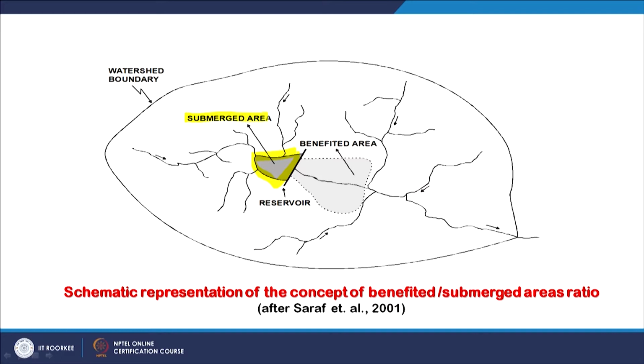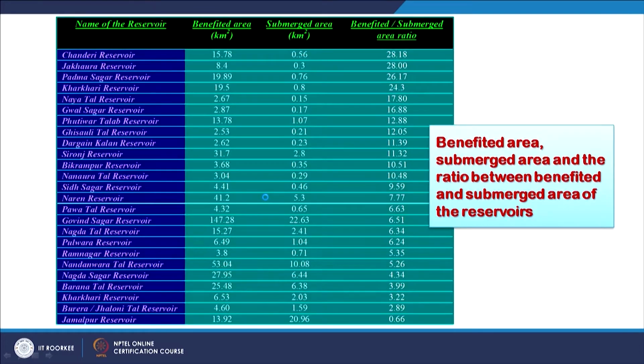So, in order to bring quantities into our approach, the discussion which I had about the reservoir area and benefit area: here we define the reservoir area, the inundated part or water body, as the submerged area as shown here. In the downstream area, which we can identify on satellite images by delineating the growth of vegetation, we call that the benefit area, as you are seeing here. This is of course a schematic, and in a watershed or in a basin, this is the scenario which we will see further.